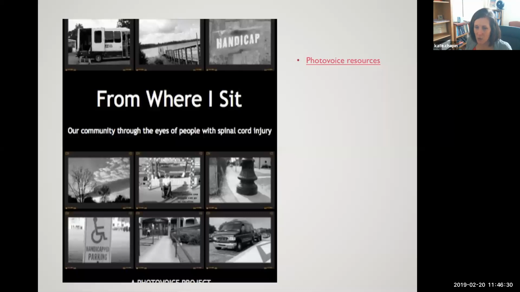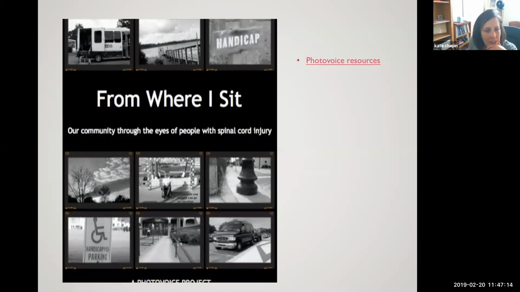And so it's a tool used, again, to give voice to those that we often silence, to enable them to record and reflect on their experiences or their community conditions, both the positive and the negative. You've heard this idea that a picture is worth 1,000 words. And so seeing what someone else sees is a really powerful way to tell a story. And so much of evaluation is about telling a story. And through photovoice, it can be an effective means of advocating need for a change that may be more impactful or more effective than just words alone.